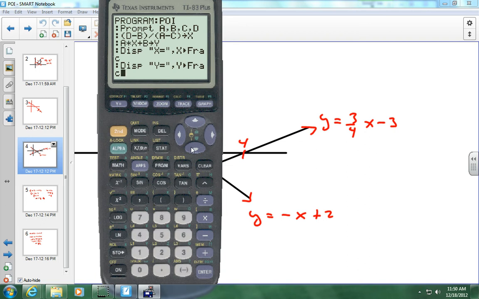What was the 3/4 and then negative 3. Yeah,